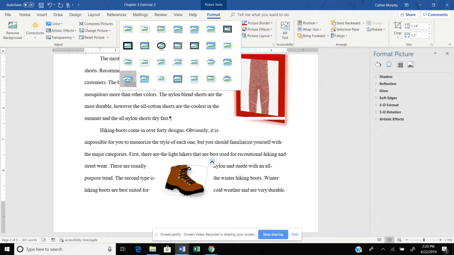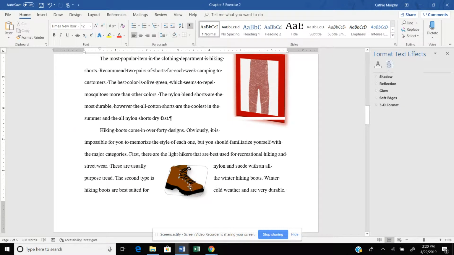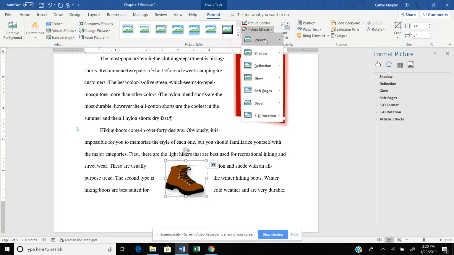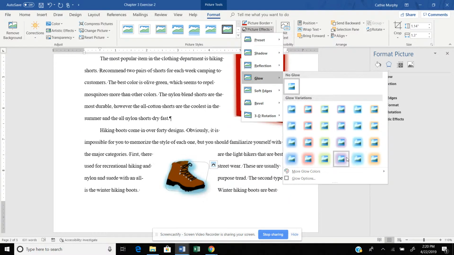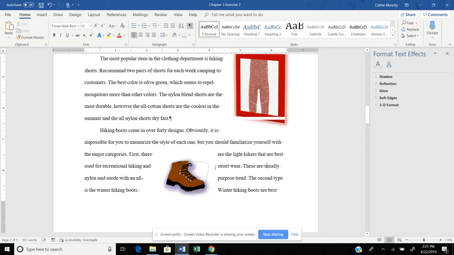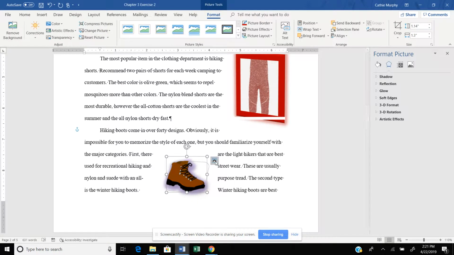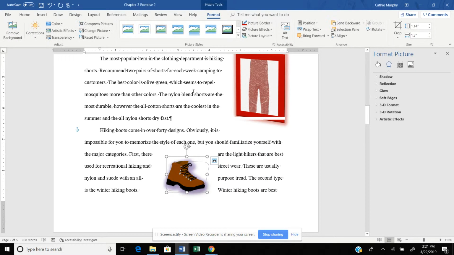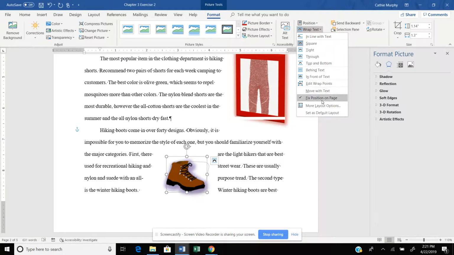Here's what I want, bevel perspective. There we go. And then I can add picture effects. I can add a glow if I want. And then it's already positioned. Now let's say that I want to wrap this text,